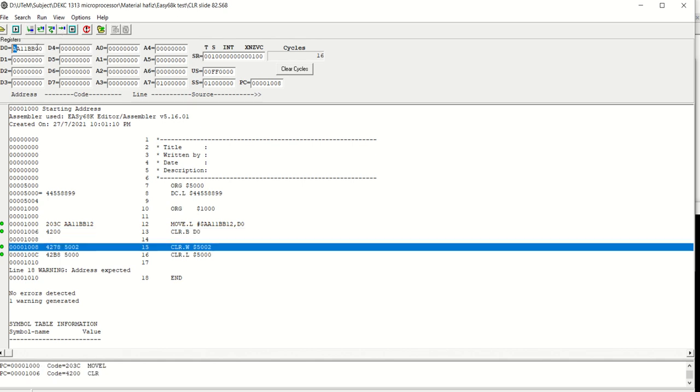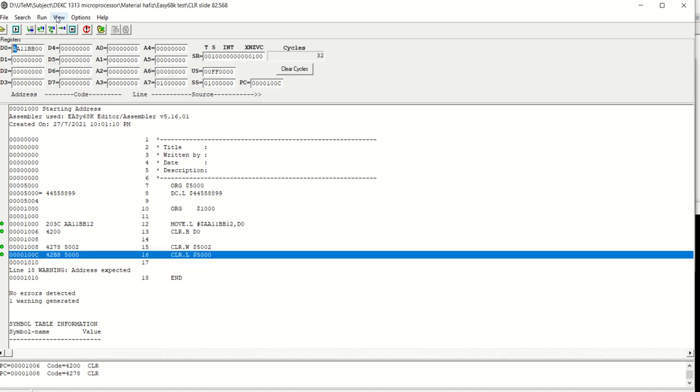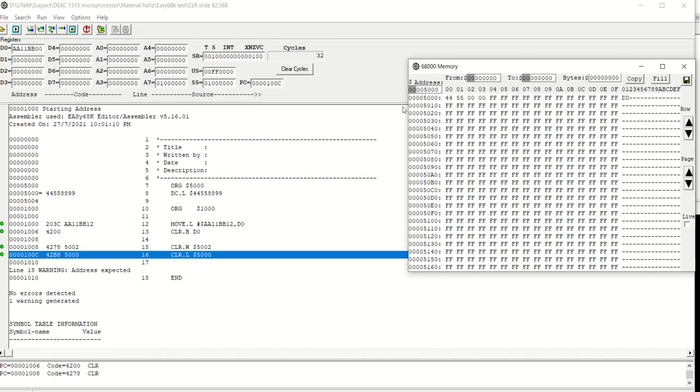And then if you clear dot word at 5002, 5002 is 8899, so you can expect the value inside 5002 will be 0. So it is cleared to 0000. If clear dot long 5000, definitely all the value will be 0.